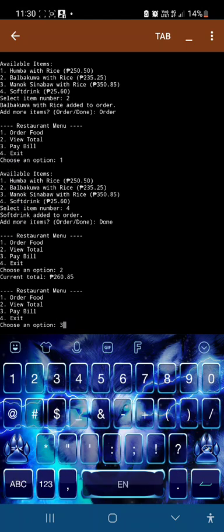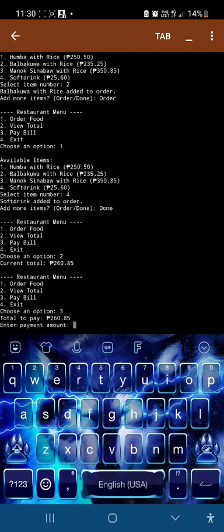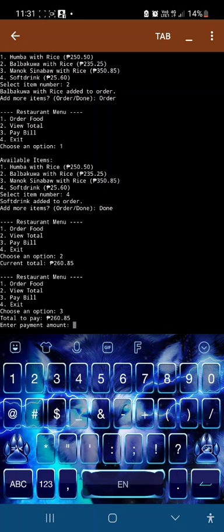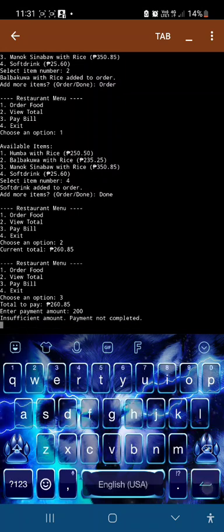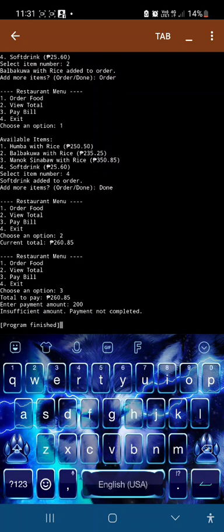The total to pay is 260, so you can enter your payment. If your payment is too small, what pops up is: insufficient amount, payment not complete.